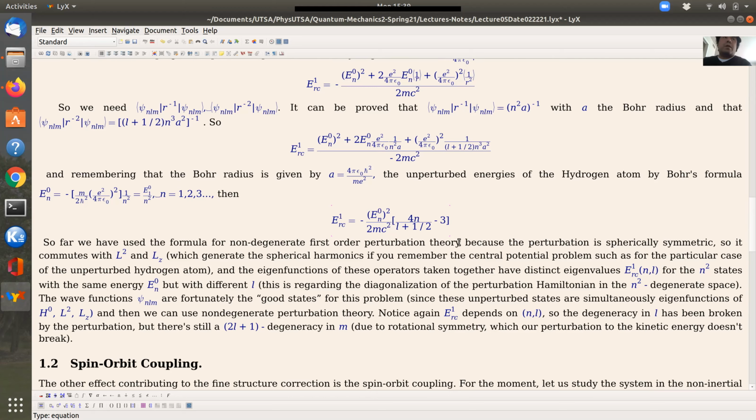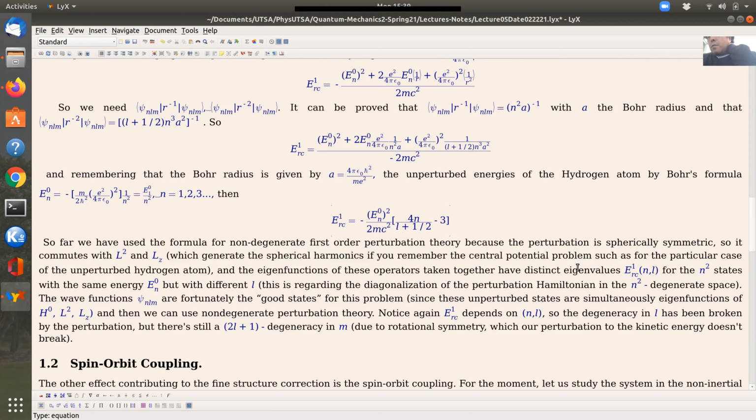And this does not happen only for the hydrogen atom, but in general for central potentials, of which the Coulomb potential is a given example. So our perturbation Hamiltonian commutes with these two, and so the eigenfunctions of these operators, if you consider them,